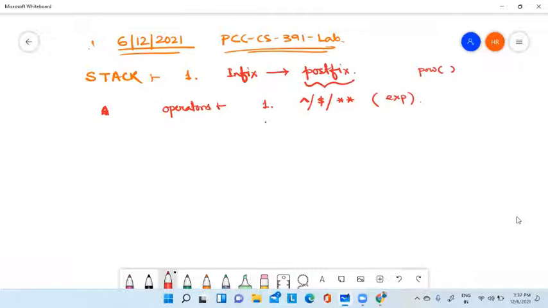Then comes our well-known multiplication and division operations, also the remainder operator. These three have the same precedence. Then comes the plus and minus. Basically we use these operators to represent our mathematical expressions. Now these are the precedences, and along with precedence,